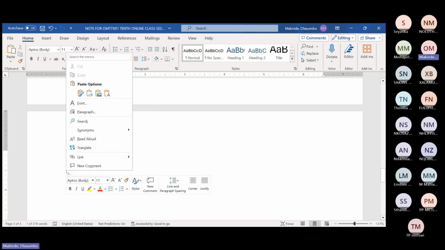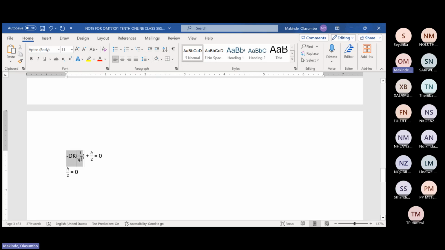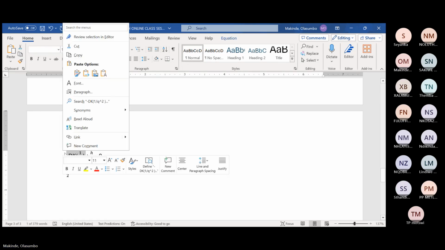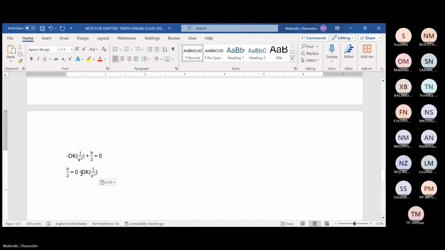Anyone you want to do is equal to 0. If that negative dk plus what goes to the other side, it becomes positive. You know the rule of collecting the like terms. So if I take this to the other side to become positive here, that means this would be plus. Now that means you have got h/2